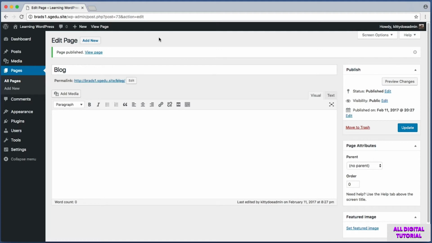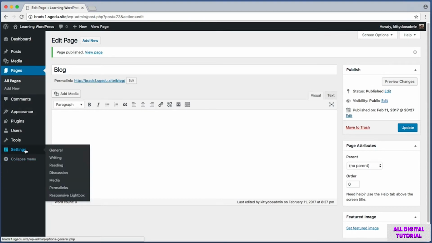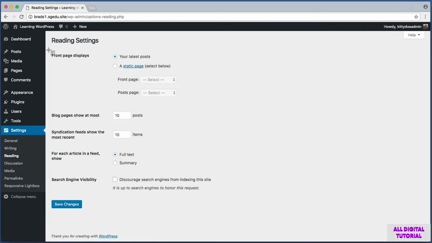All right, and with those 2 new pages created, our next step is to look in the left-hand sidebar for Settings. So Settings is towards the very bottom of the menu. And then within its pop-up menu, look for the Reading item. So I click on Reading. Now this first option is what we are interested in. So it reads Front Page Displays, and then you can choose between your latest posts, which is the generic blog listing that our homepage is currently using, or you can click on this option, Use a Static Page. So I'm going to click on that option, and then that will let me customize these 2 options.